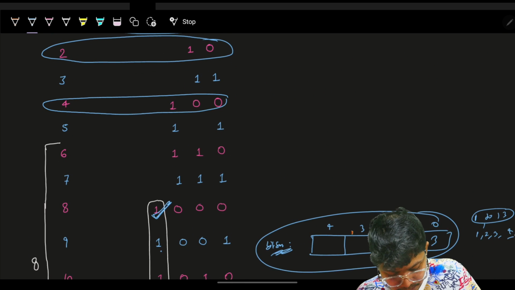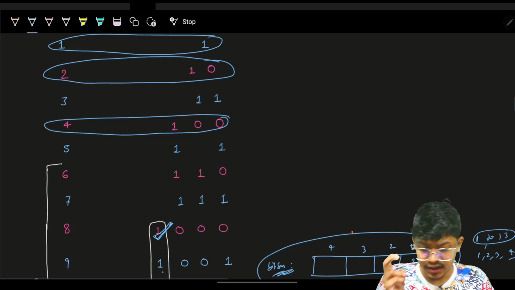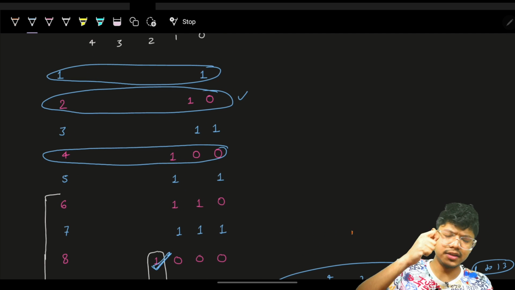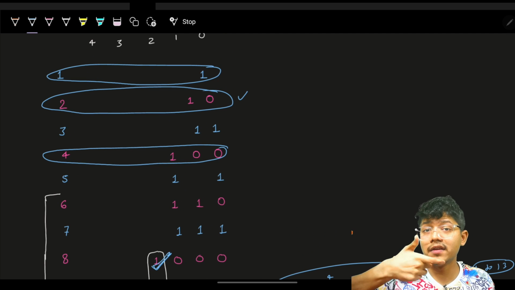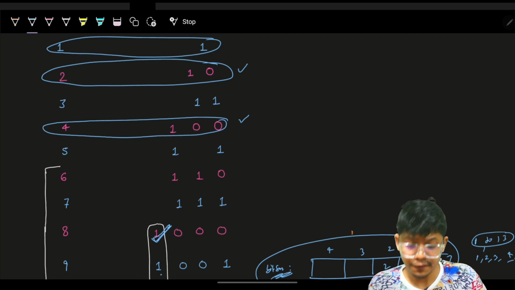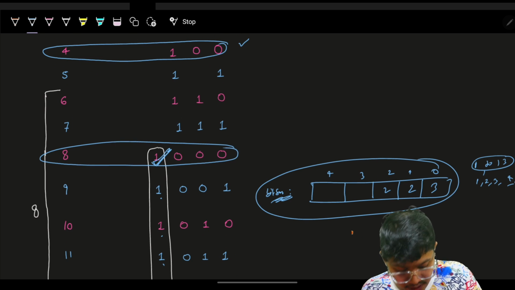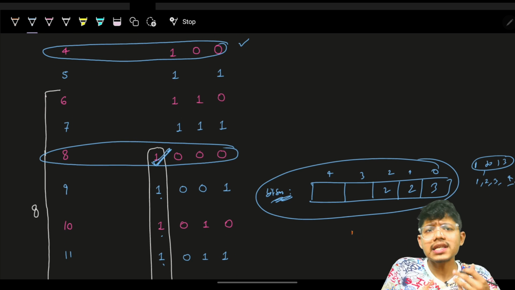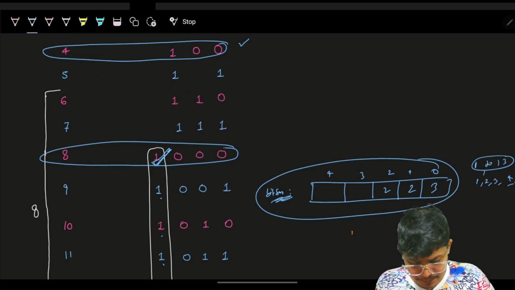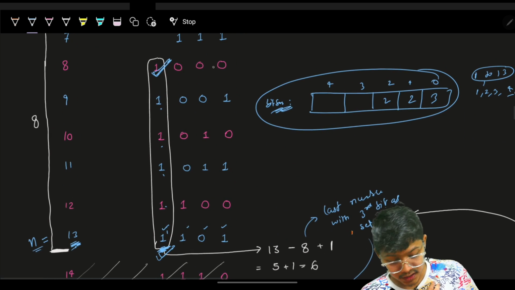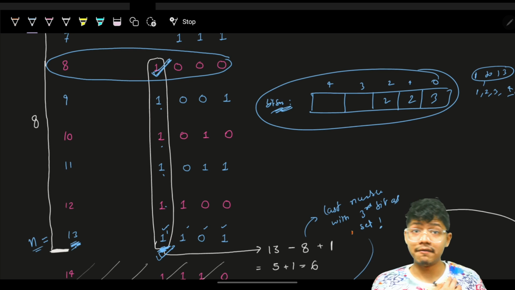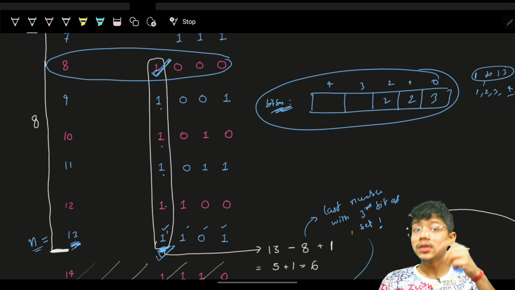This is the first number having 1 at the first bit. This is the first number having 1 at the second bit. This is the first number having 1 at the third bit. This is how in a multiple of 2 we keep on going. So we know one thing for sure, that the first number having 1 at the third bit is actually an